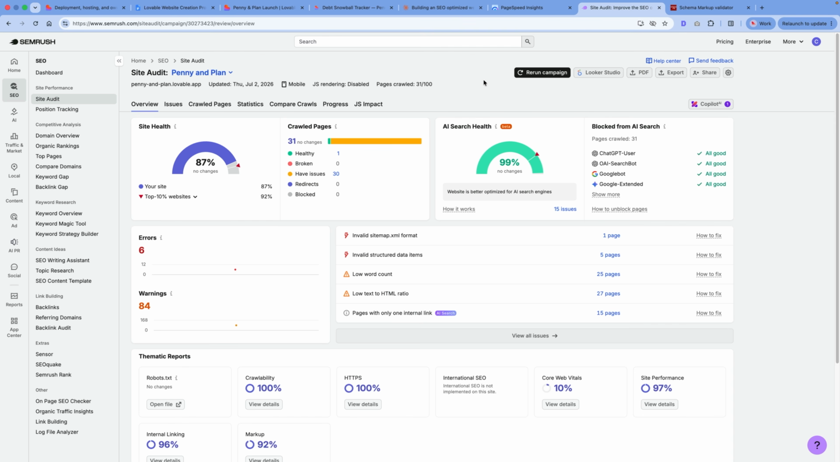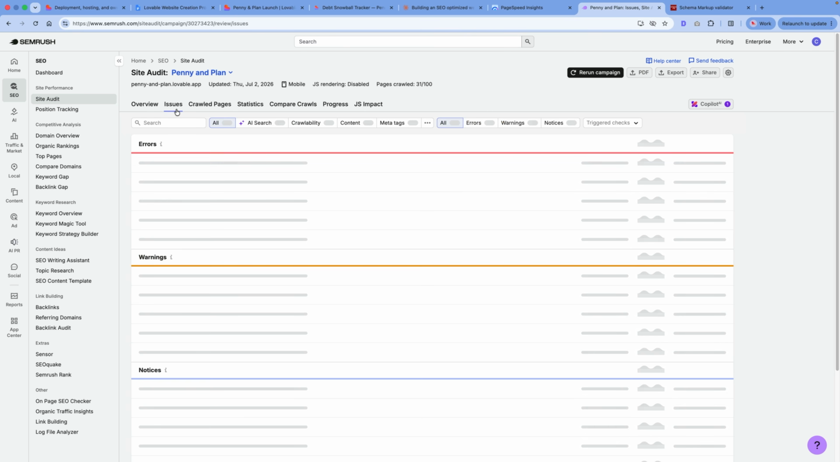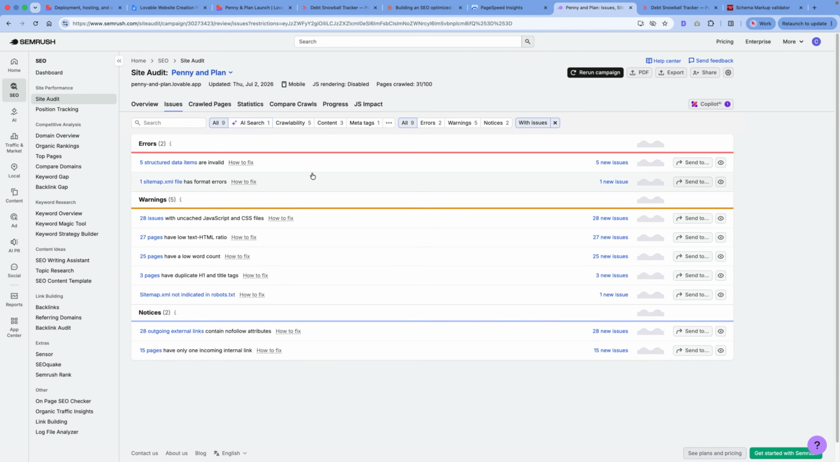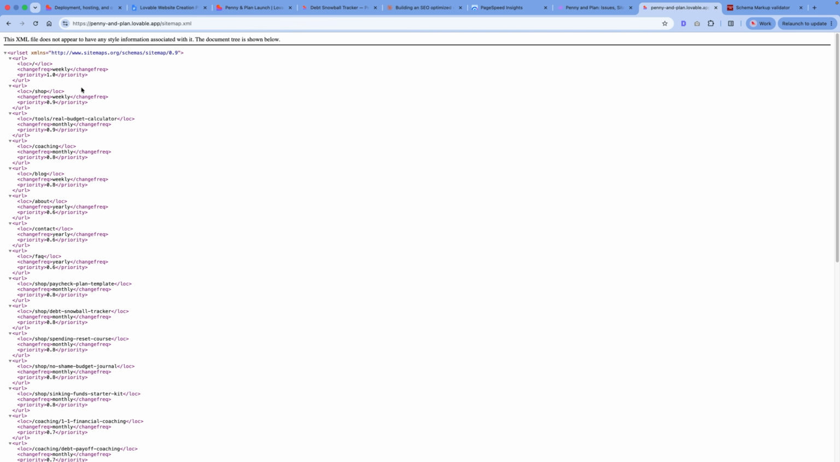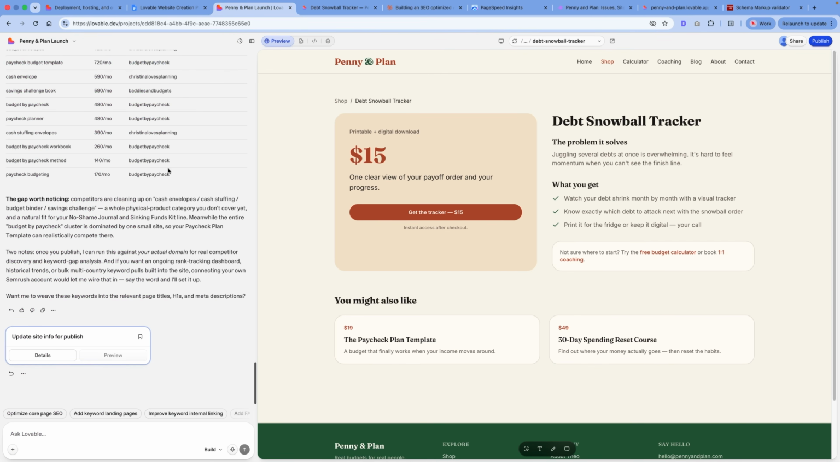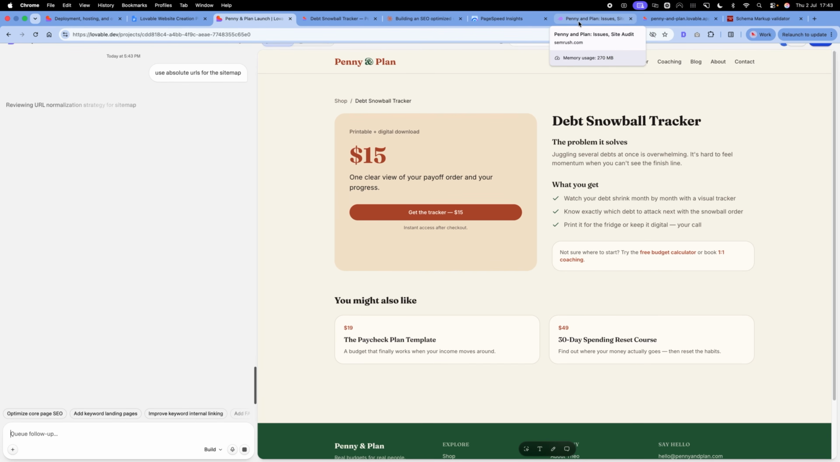So over in Semrush site audits, you can see in terms of site health, we are doing reasonable, and in AI search health, we are doing well as well. If I go to the issues tab, you can see there are potentially some structured data issues here. We have a sitemap file that has an error. My sneaking suspicion, having run this in the past, is that it likes to use relative URLs for sitemaps, which triggers the issue in Semrush site audit. And we can just simply head back to Lovable and tell Lovable to use absolute URLs for the sitemap. And if we hit enter, that should go and fix that while we look at any other issues that our